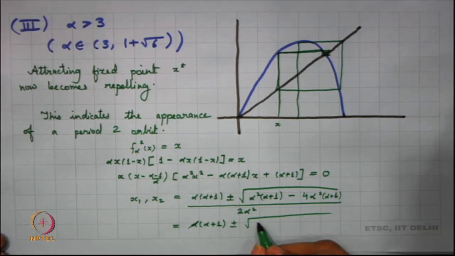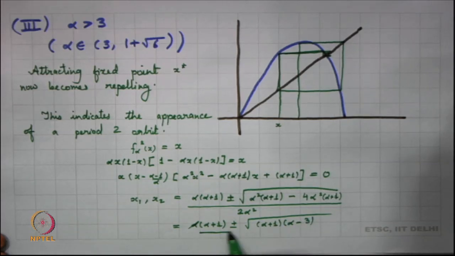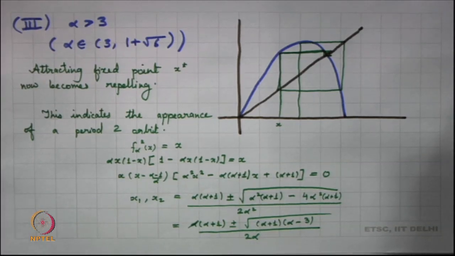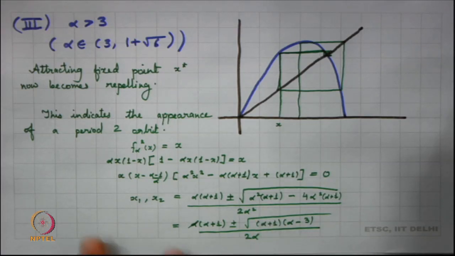or minus alpha plus 1 into alpha minus 3, right, divided by 2 alpha. So, I get that x1 and x2 happen to be equal to alpha plus 1 plus or minus under root alpha plus 1 into alpha minus 3 upon 2 alpha. Very easy to see from this equation that this x1 and x2 will exist only when alpha is greater than 3, right. So, only when alpha is greater than 3 we have this x1 x2 existing, and when this x1